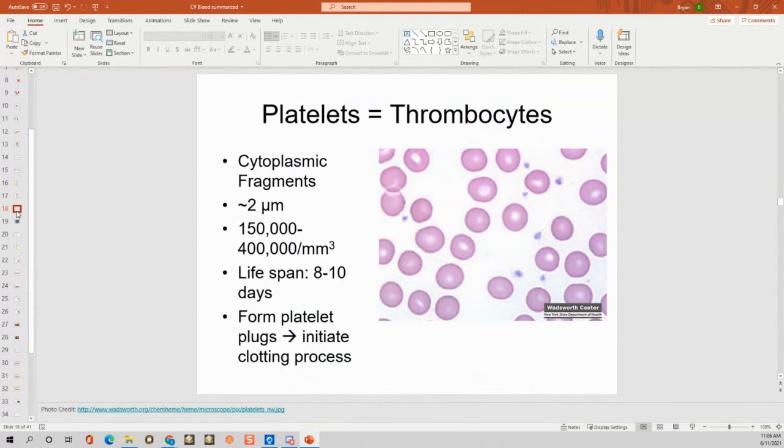The last formed element is the thrombocyte. We're going to spend the rest of this summary talking about thrombocytes. Thrombocytes are all about clotting. There's your normal values, 150 to 400,000 per millimeter cubed. If this value is too high, that means they have